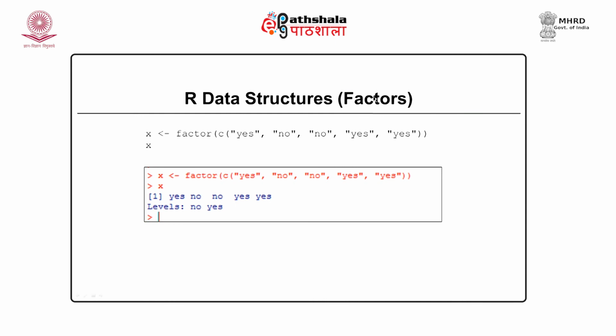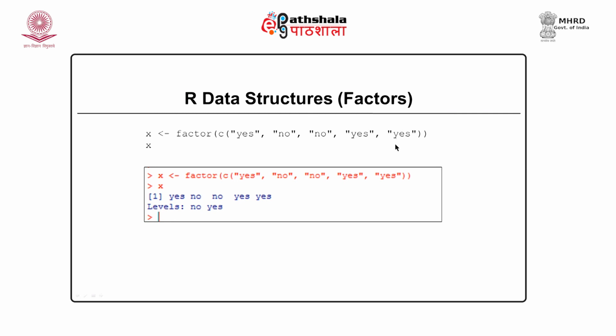There is something like factors. Now, if we create a vector of a yes, no combination, we can find out the classification, how many variations are there in this vector. So, there is a function factor. You can see there is factor. When we say factor, it will classify how many levels are available. So, we have a combination of yes and no, and the output will be no and yes. So, these are the factors that are available, or the different classifications available in the vector that we have created.